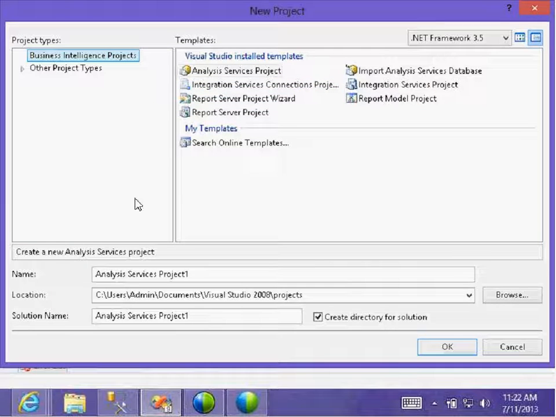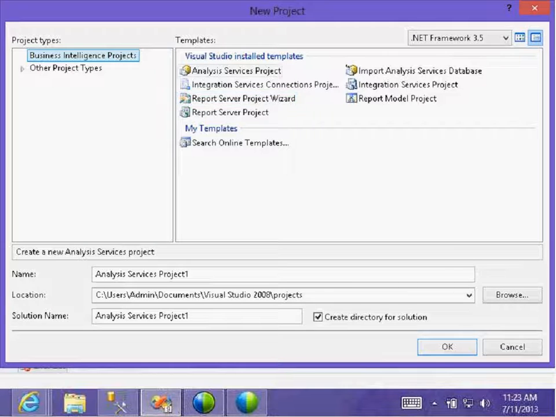There you develop a lot of reports. There are two things we concentrate on: Report Server Project and Report Server Project Wizard. Okay, these are available here. The Wizard will help us develop the reports step by step, it will guide us, but that is not the real-time way. Microsoft provides it for the need of reporting development, but let us concentrate on the project rather than the wizard.